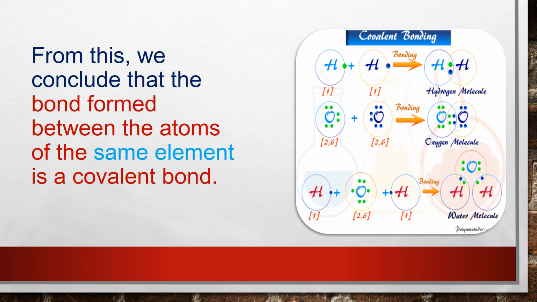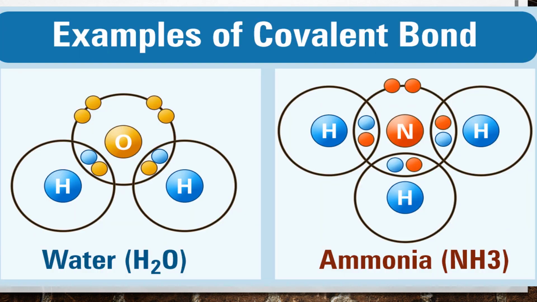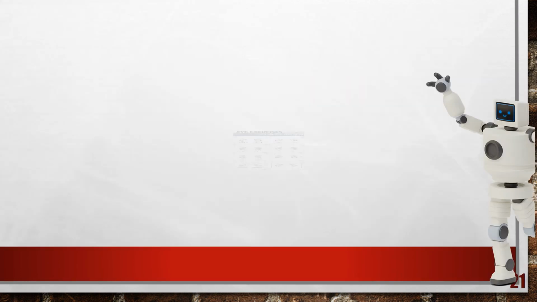And another example is water. See the water molecule, here one electron is outermost in each hydrogen, and it will be shared with the oxygen, and the oxygen also shares with the hydrogen. So the outermost shell will have 2 here, 2 here, and 8 on oxygen, 1 2 3 4 5 6 7 8. So these are the examples of covalent bond.